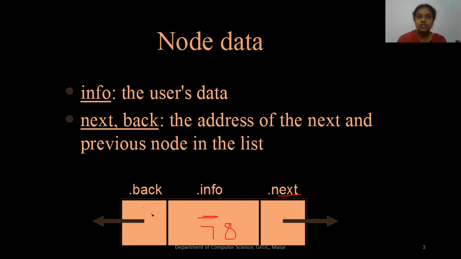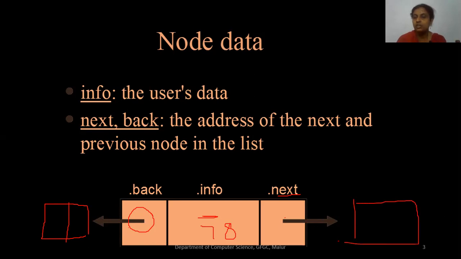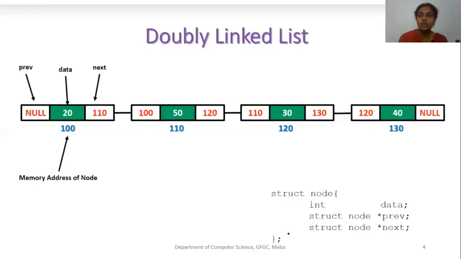So in this part we can store the address of our previous node. If there is a previous node, this will hold that node's address. And the next node address, for example, if my next node address is 171, this 171 will be stored in this part. So we will have a node divided into three things: previous node, info part, and next node. So this is about double linked list. Doubly linked list we call it.